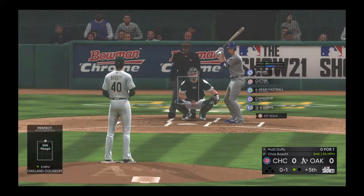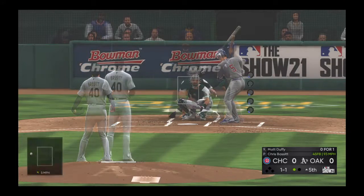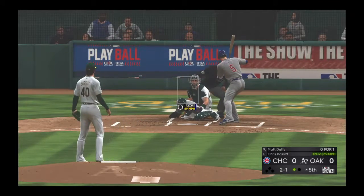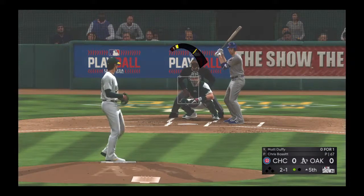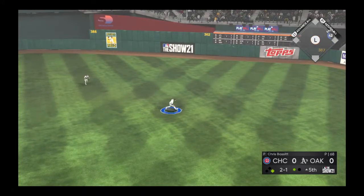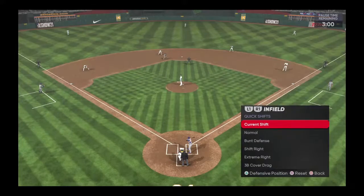Drops in a strike to start the at-bat. 0-1. This one's outside, quite a bit off the plate that time. Now a breaking ball, but it's low. 1 out, nobody on. Swing and a liner. The throw into second, but he'll be in there with a double. The center fielder,